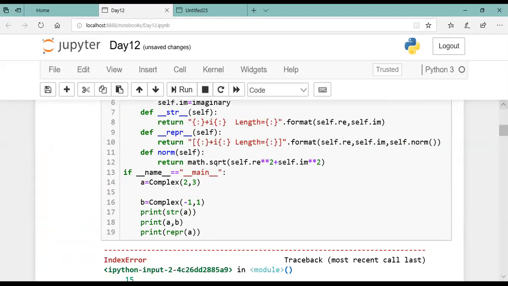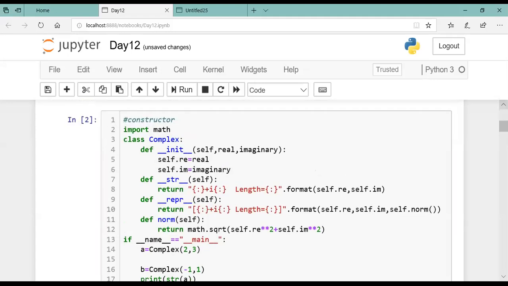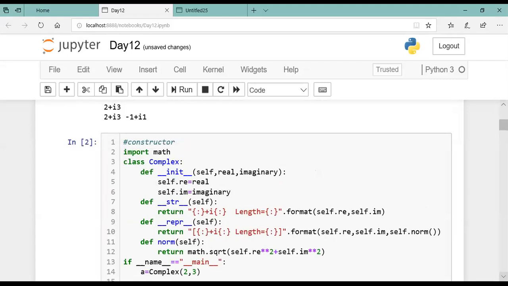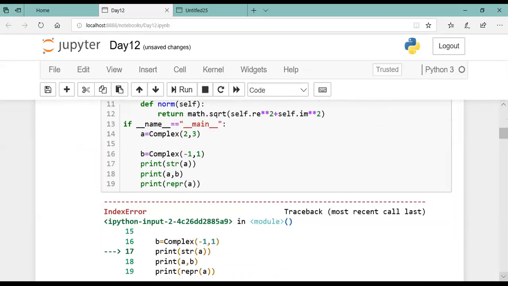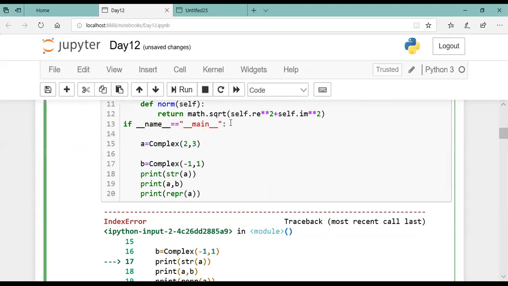Something, index error. Indentation is proper.